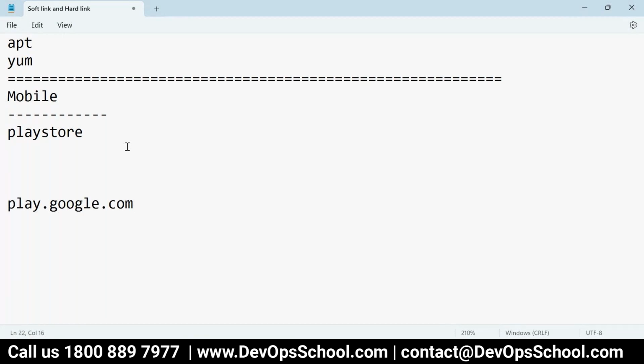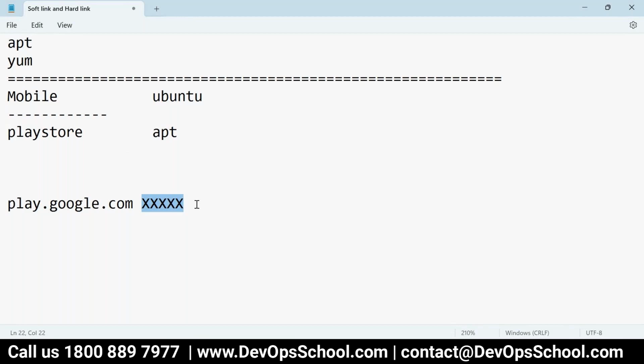So same way in Ubuntu also we have one client. Which client can install the software? apt. Yes, you might have seen me installing zip using apt. apt will fetch the packages from the default registry, some location in the cloud.